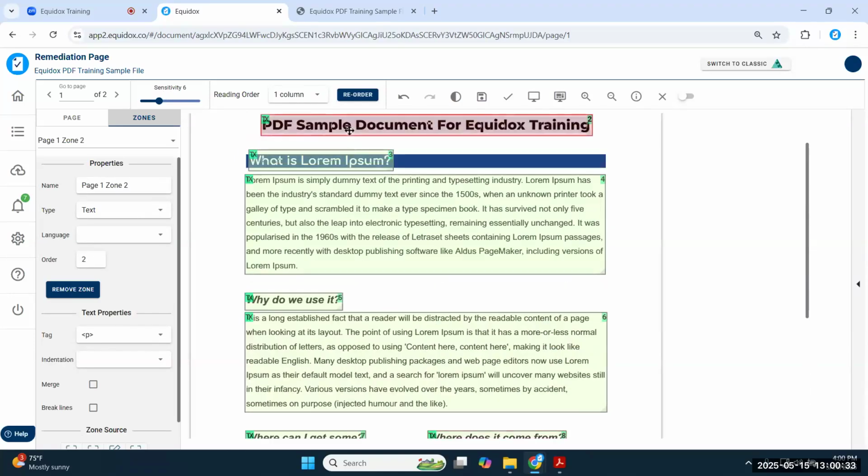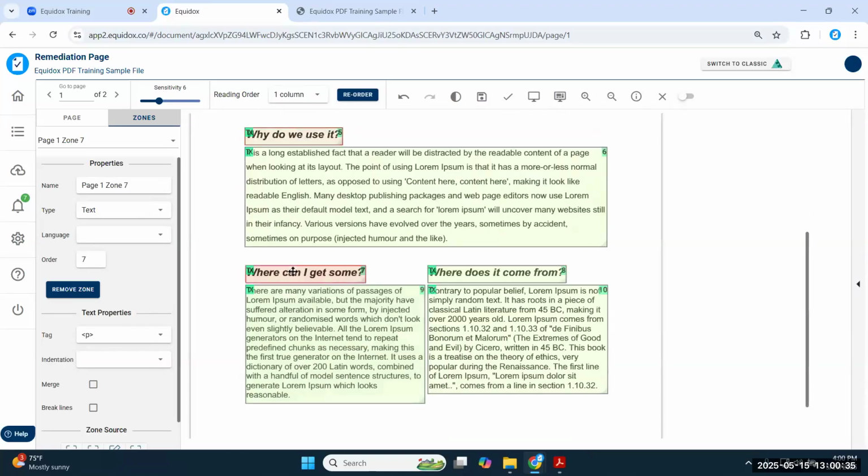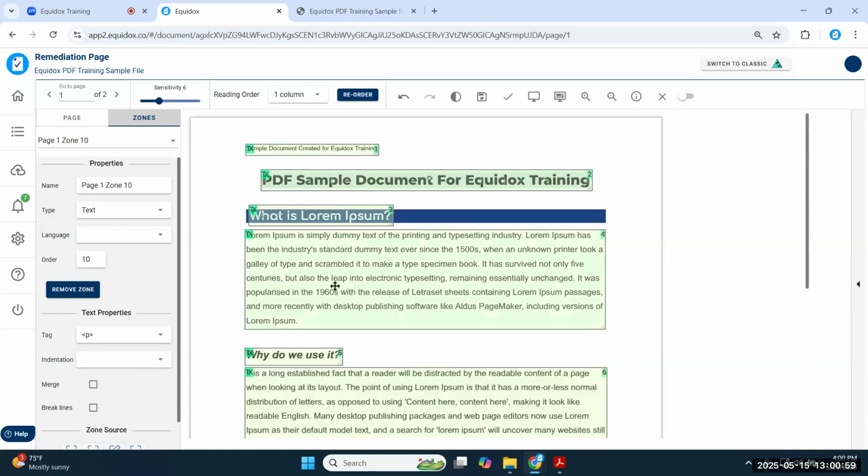So maybe they only want to read this particular section. What they would do is navigate through just the headings to get to that section and then read the corresponding information. This is a short document, so a screen reader is going to fly through it in probably a minute flat anyway. But if it's a 200-page document and what they're looking for starts on page 150, it would be very frustrating if you had to wait around for 149 pages to eventually find what you're looking for. So that heading structure is the primary method of getting to that correct location in the document. I can't overemphasize it enough. It's an extremely important part of what we're doing.